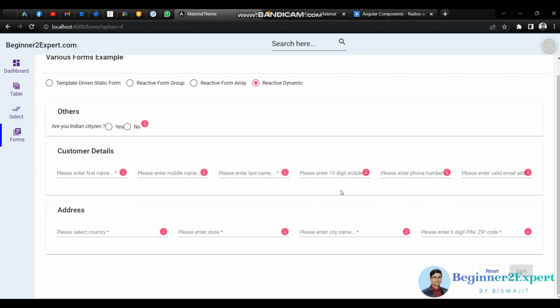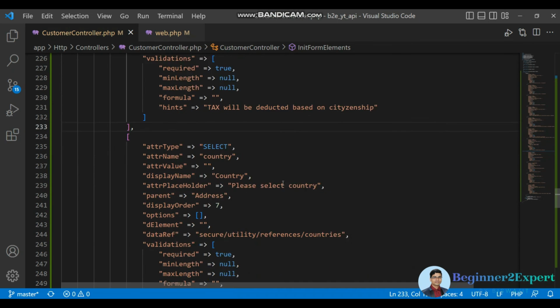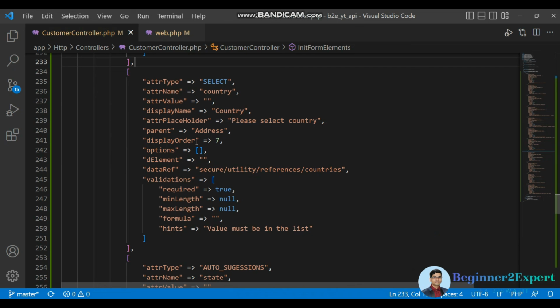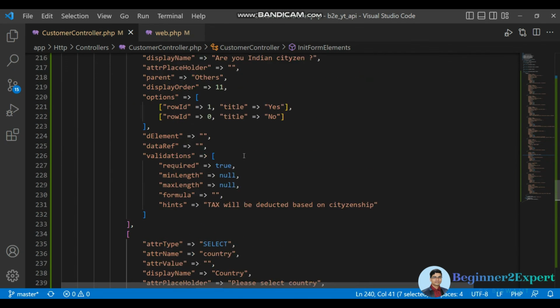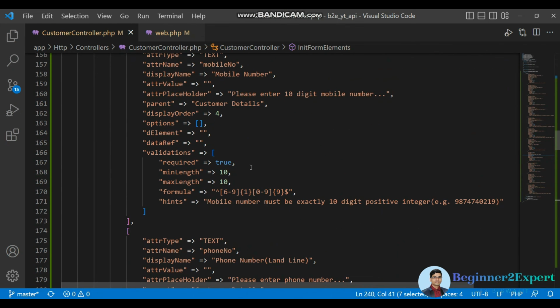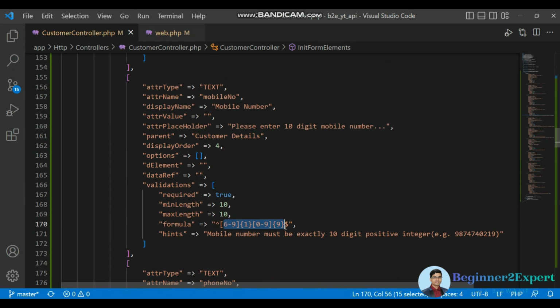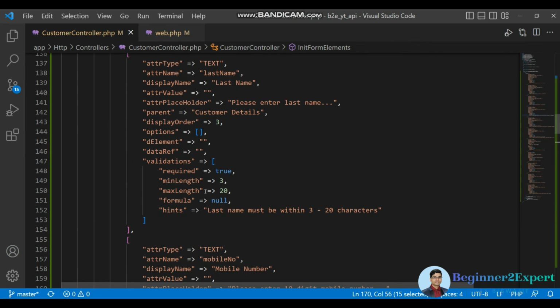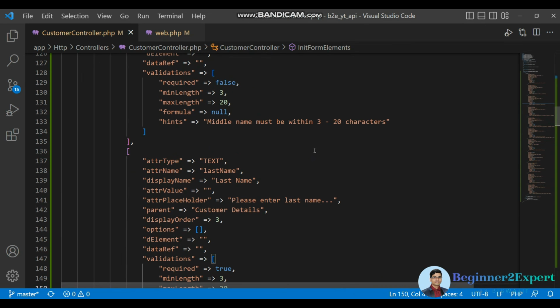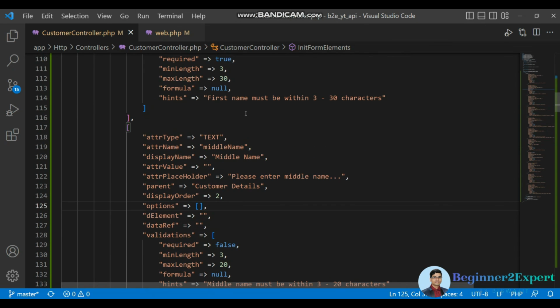First name, middle name, last name, contact details are all under this group, and others also, and address I have separated out. And if you want, all will be inside one group. That is also possible. We just need to change from the API side what the parent one is. This way I can control the regex part, and based on that, the UI will validate. I can change the minimum length, maximum length wherever I want, and whatever I want. So this is called a